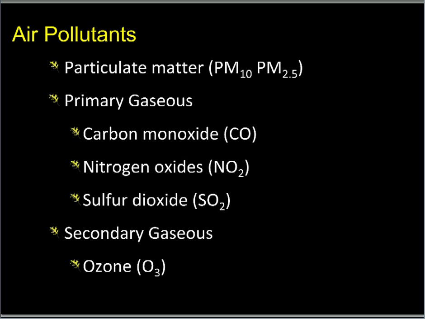Now, under gases, there are primary gases and there are secondary gases. Primary gases are directly emitted from a source. In this case, we're talking carbon monoxide from automobiles as one of the sources, nitrogen oxides or nitrogen dioxide, NO2, which are mainly due to high temperature combustion. Anything that burns fuels at high temperatures will produce nitrogen oxide. Sulfur dioxide, power plants and diesel fuels produce sulfur dioxide, but they're primarily emitted from the tailpipe or from the